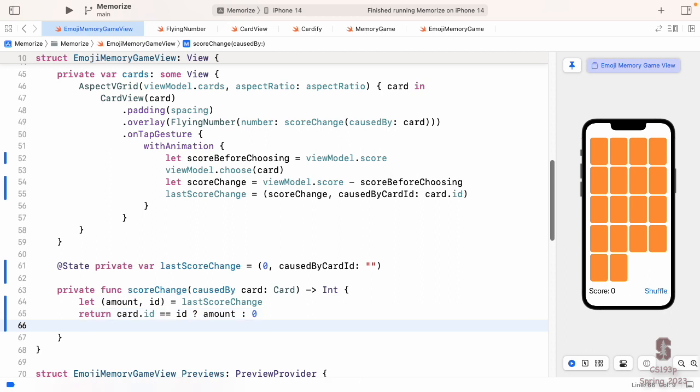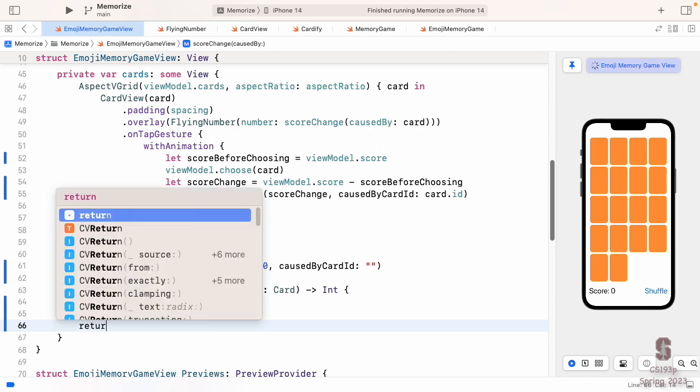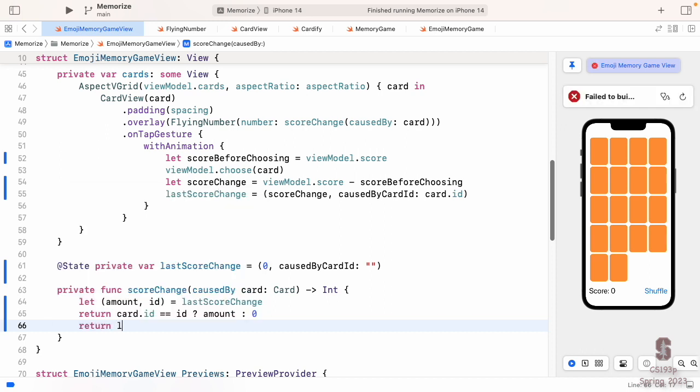I'm going to show you another way to access tuple stuff, but that I don't recommend that much, but you'll see it, so you've got to know. I could say return lastScoreChange.1 equals card's ID ? lastScoreChange.0 : 0.